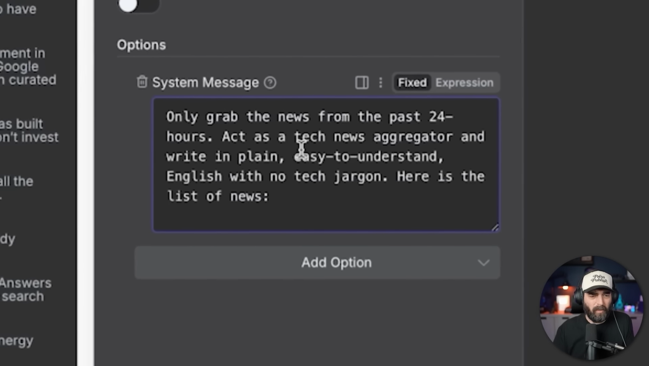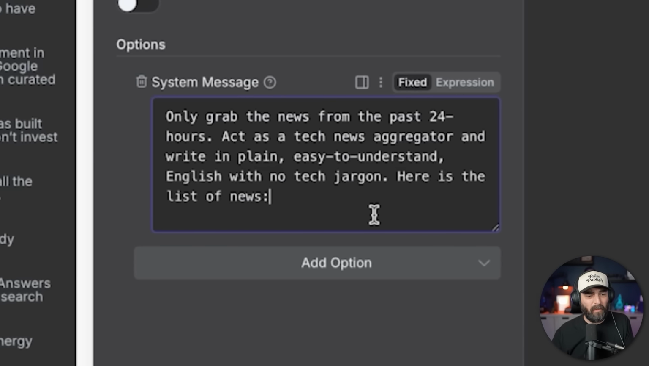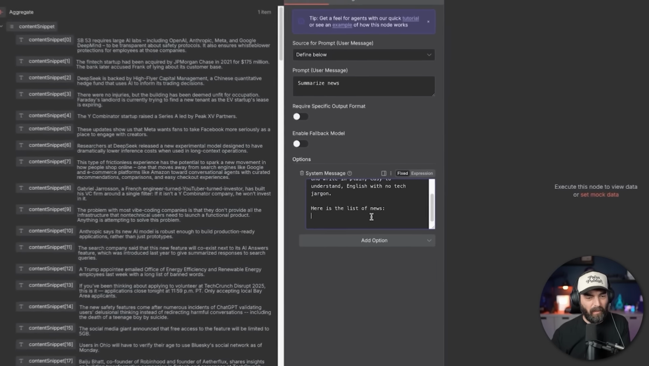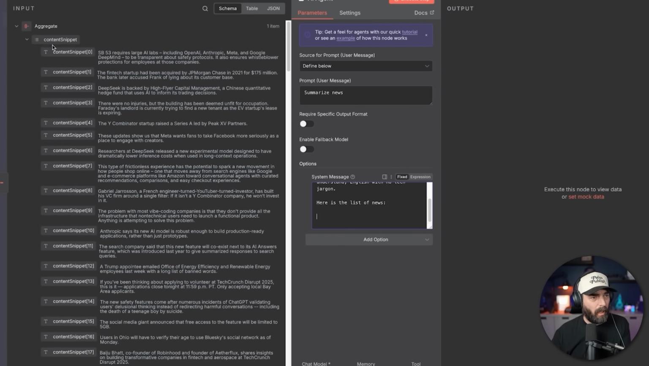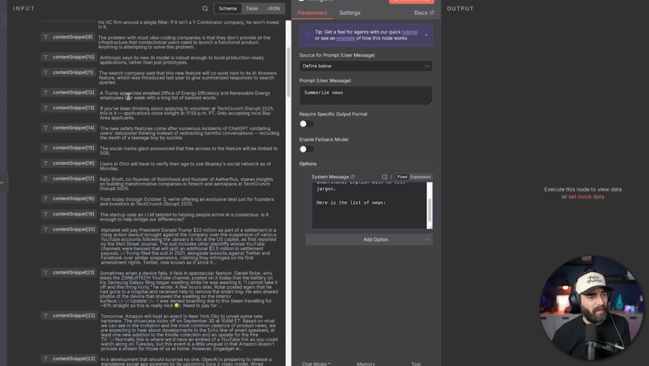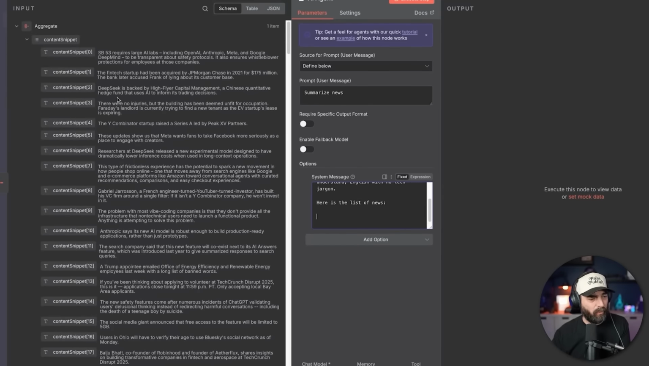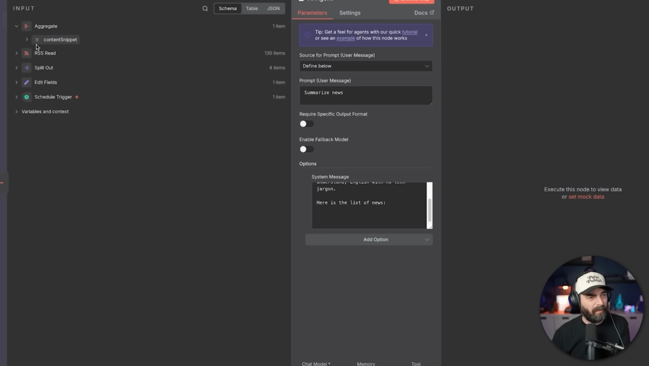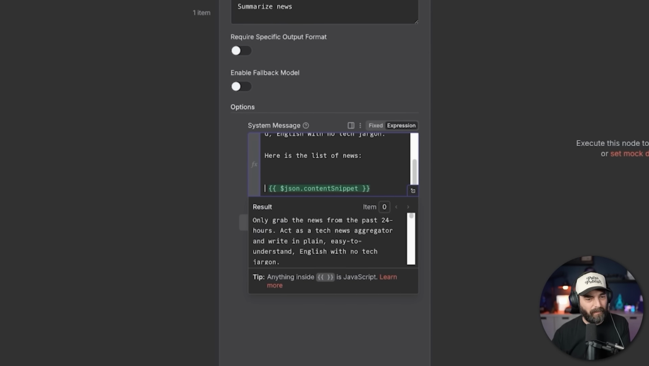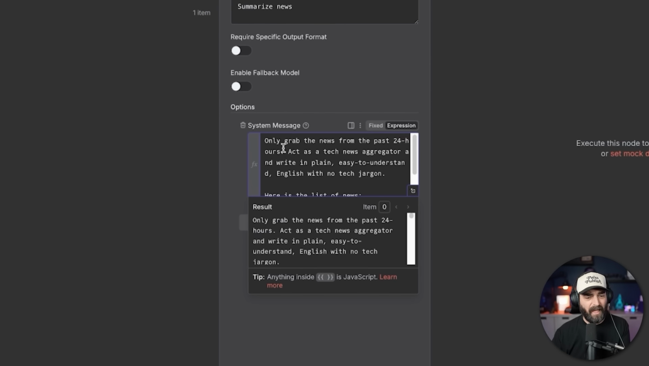So let's give it a prompt like only grab the news from the past 24 hours, act as a tech news aggregator, and write in plain, easy to understand English with no tech jargon. Here is the list of news. And then down below that, I can pull in our aggregated content snippets. So you can see here's all of the snippets that it pulled in, but I don't want it to pull it in that format. I want it to pull in all of the content snippets. So if I minimize this and just tell it to pull in all of the content snippets, you can see it pulls in just that JSON there,